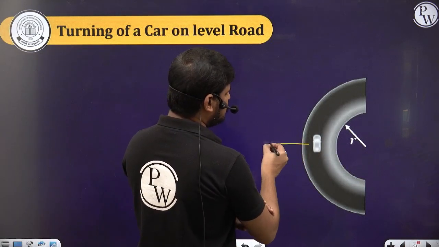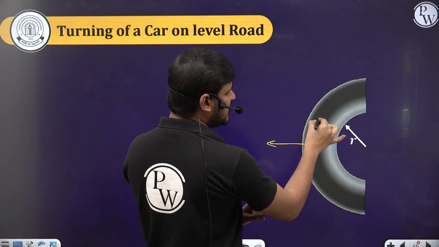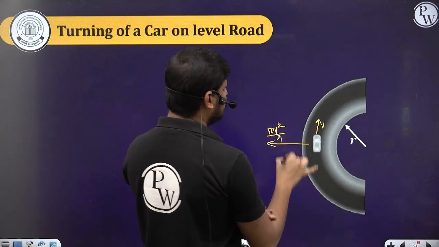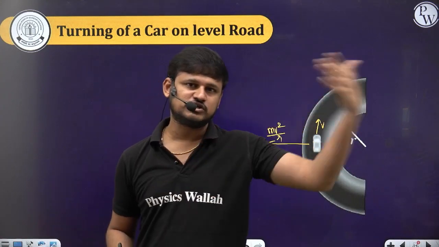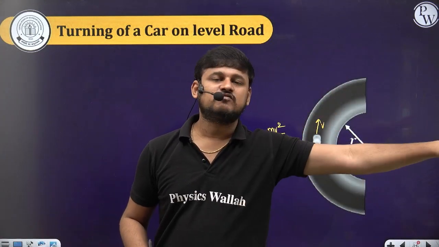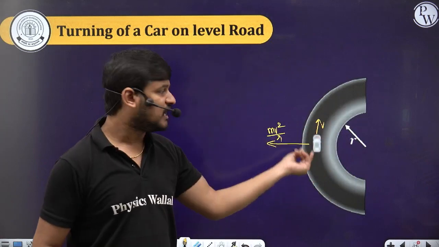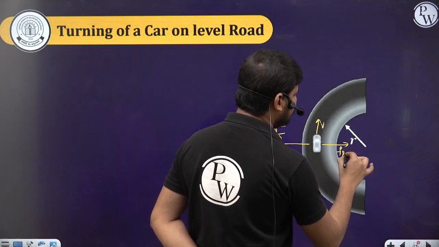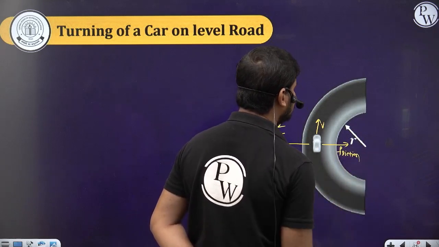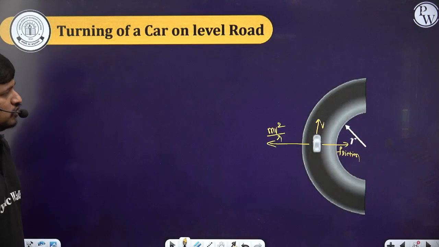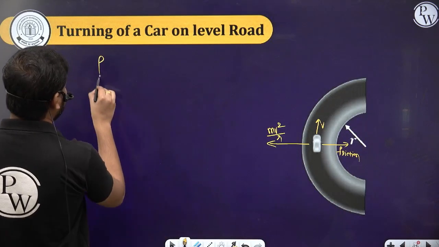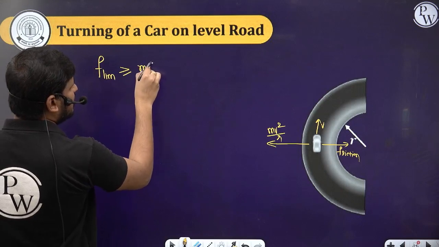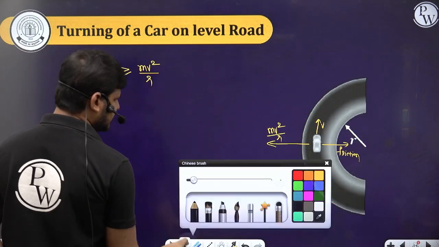If the car is moving with velocity v, then on the car the centrifugal force, which acts outward, must be equal to mv square by r. And then towards the center there should be friction. This should be balanced by the friction. Yes or no? So here that friction, the F limiting, must be greater than or equal to mv square by r for